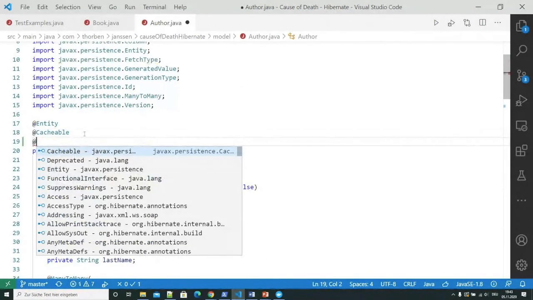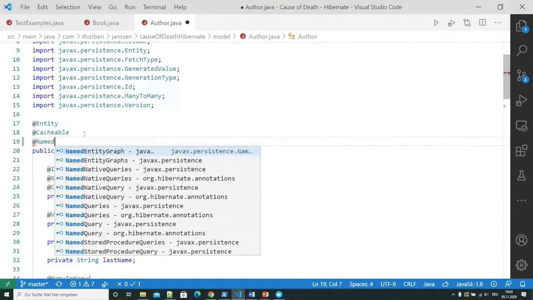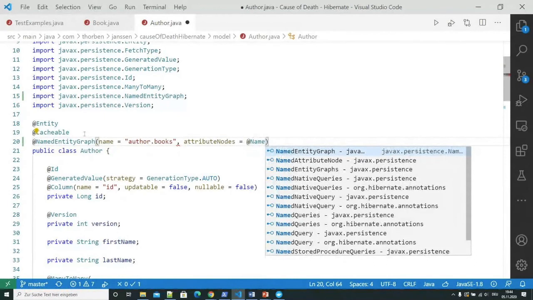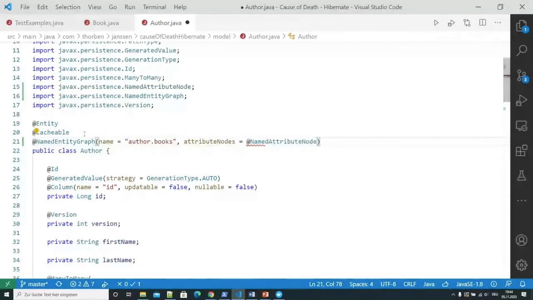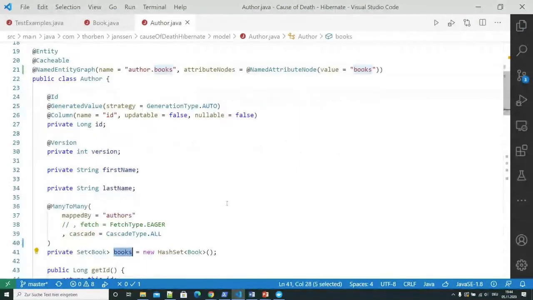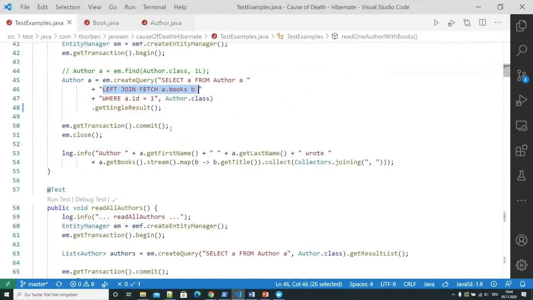So we could do a named entity graph, with the name author-books, and then we have one or more attribute nodes, a named attribute node, and that one is books. So now we have a graph definition that tells Hibernate to initialize the books element down here when it is used together with the query.